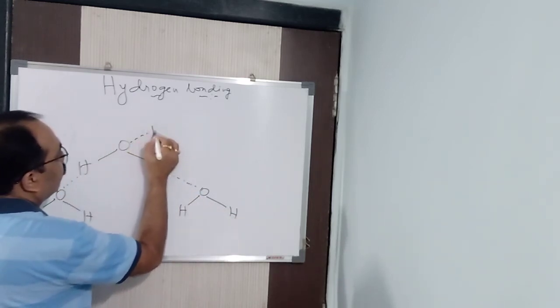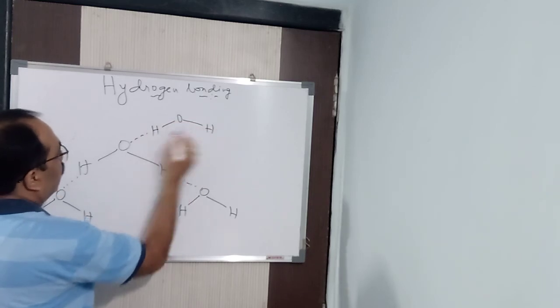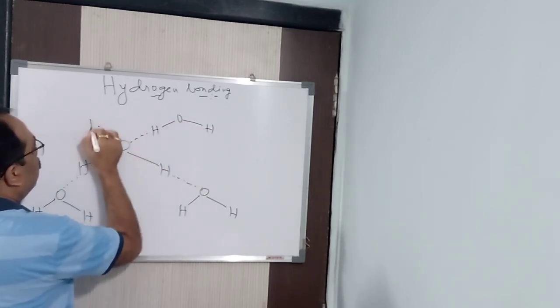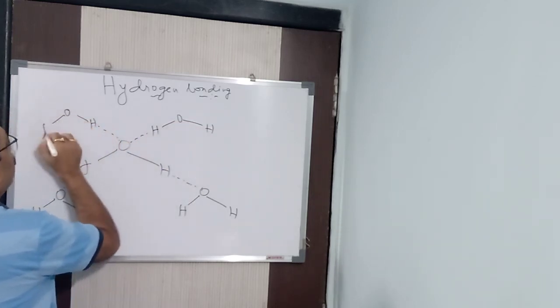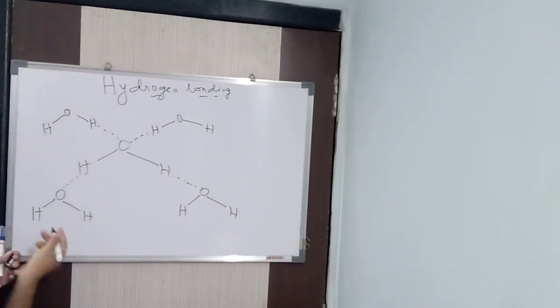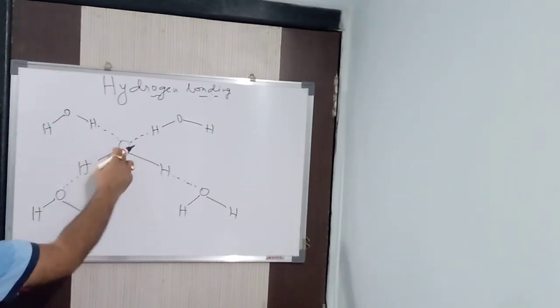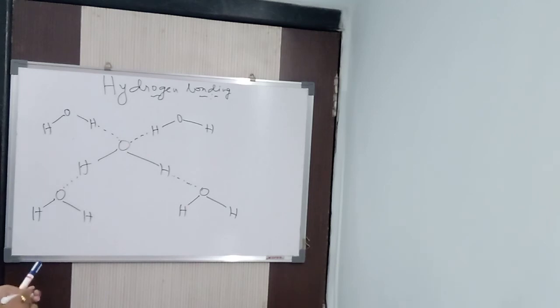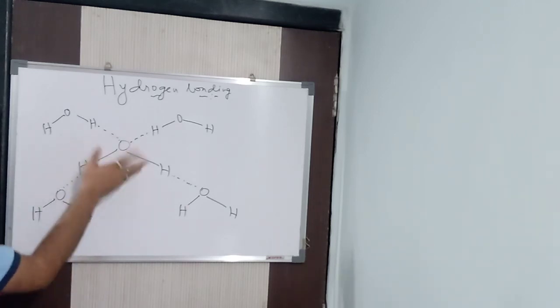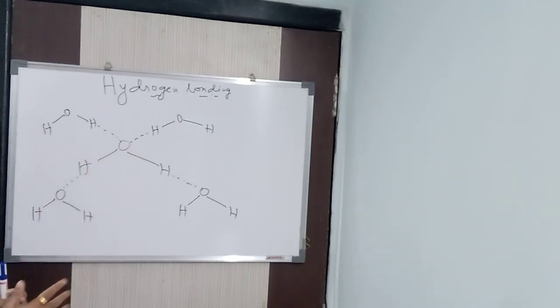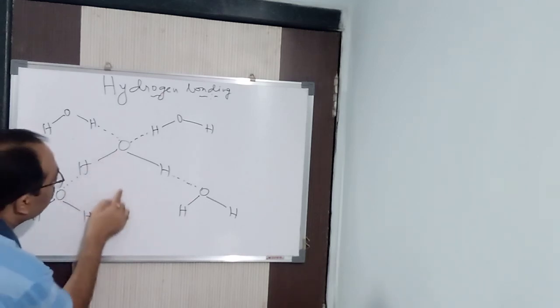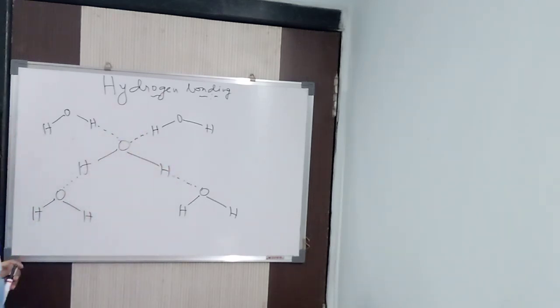Here also we can have. So it is a water molecule in this way. We can't have more than this. Clear? Because the lone pair is there, in that place I have done this. Maximum 4 bonds, right? We can't have more than that, isn't it? You can't say, sir, I will do one from here, one from here. No, it's not in that way. So in this way, this is your intermolecular hydrogen bond between the water molecules.